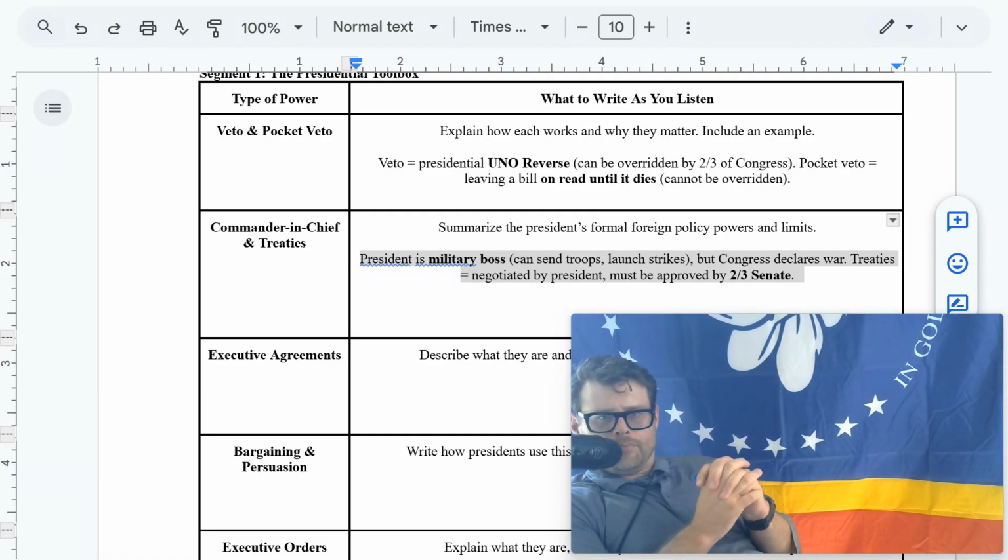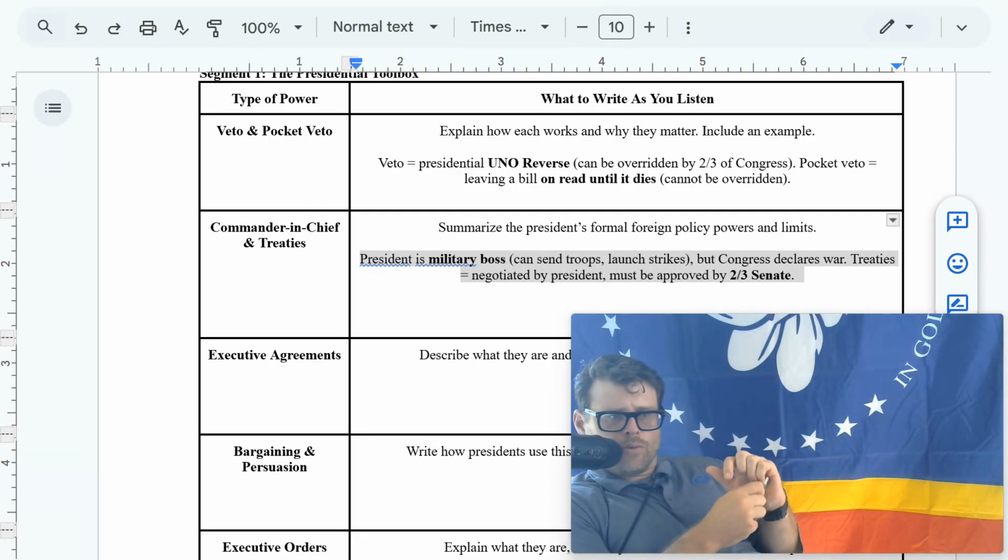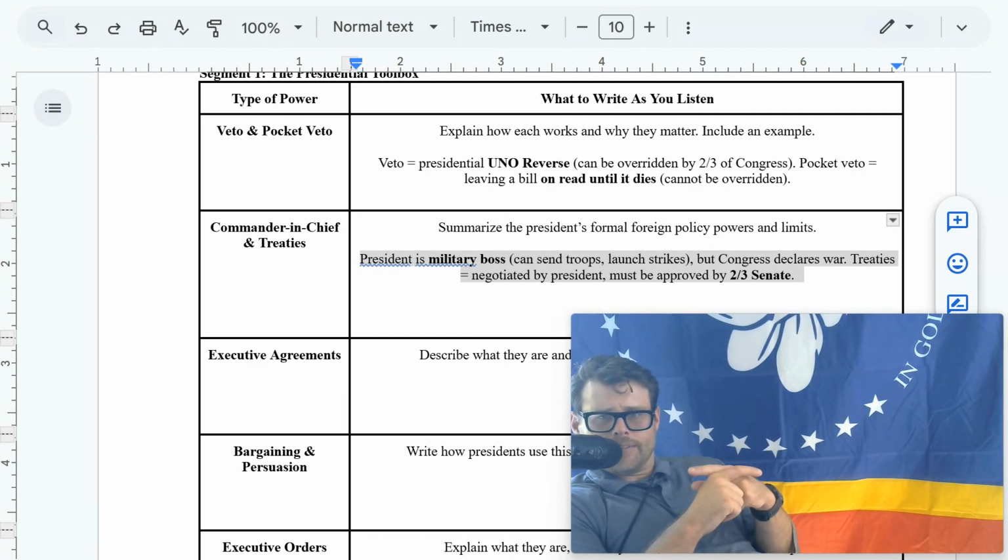And also the Treaty of Versailles, which is the treaty to end World War I, right? So Wilson helped negotiate these two deals. And the Senate was like, nope, nah, sorry. We know you did all this work, but we're not going to do it. And so we didn't join. We didn't join the League of Nations, and all that hard work President Wilson did was all for naught, right? Awkward.